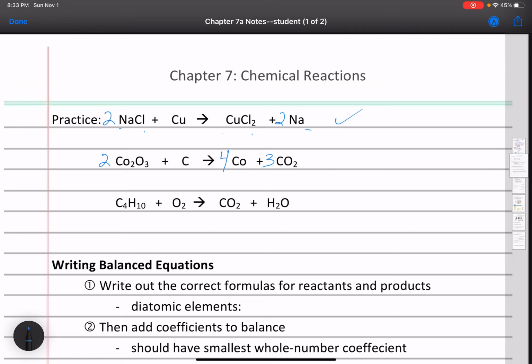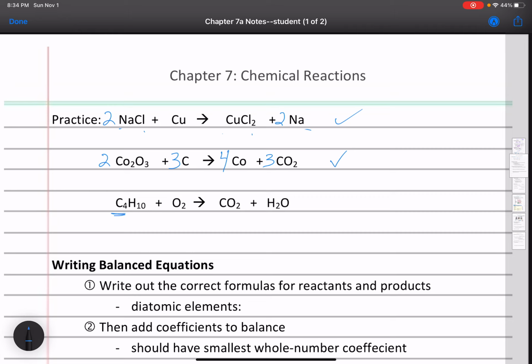And then lastly, the carbon. If I add a 3 there, then I have 3 carbons on both sides. So now the cobalts, the oxygens, and the carbons are balanced on both sides of the equation. And this last one here,